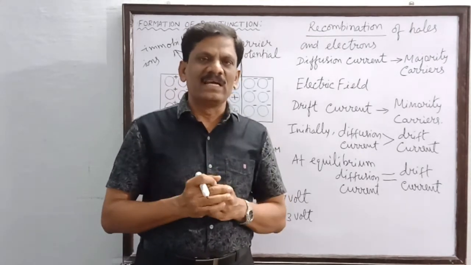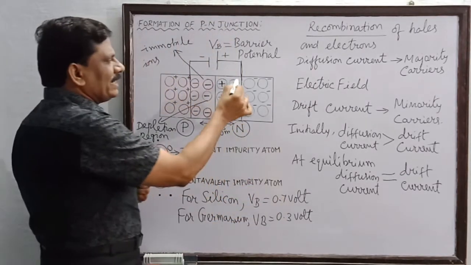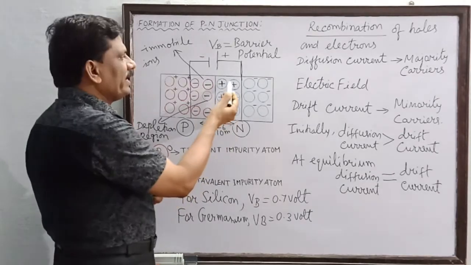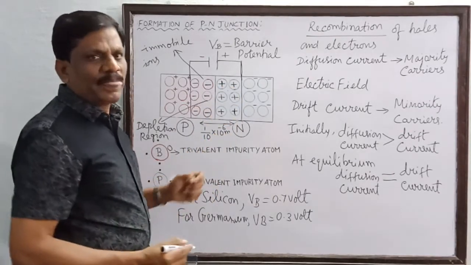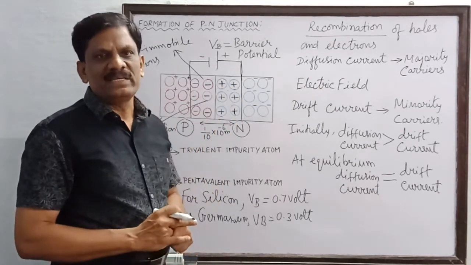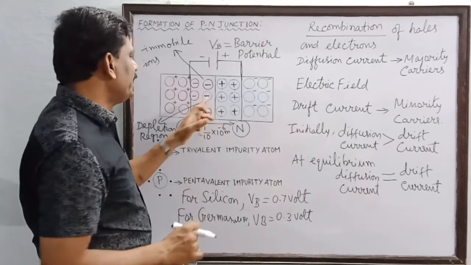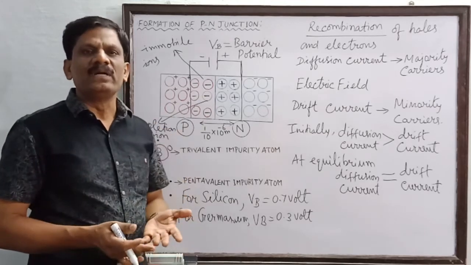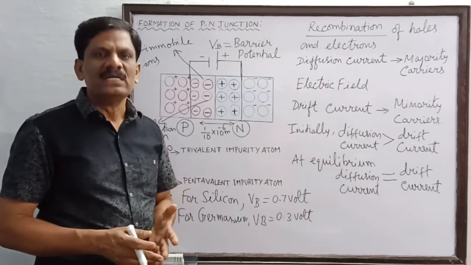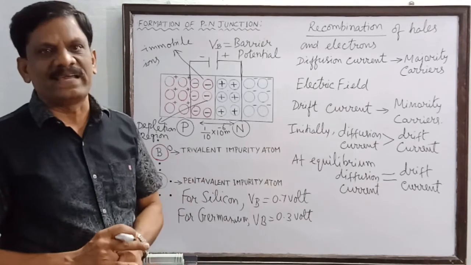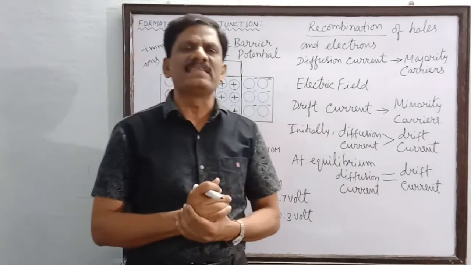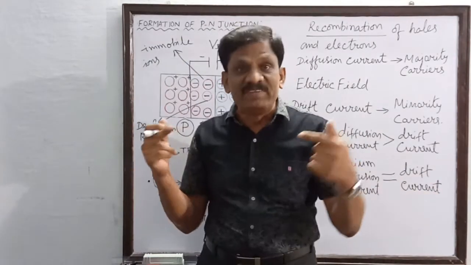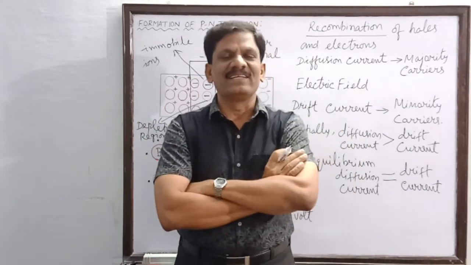As a result, the row of atoms on the n side of the junction will donate the electrons and become donor impurity ions, namely positive ions. And the p region of the junction will accept the electrons and become acceptor impurity ions, namely negative ions. As a result, an electric field is established. Once this electric field is established, the minority charge carriers will now be drifting in opposite directions.